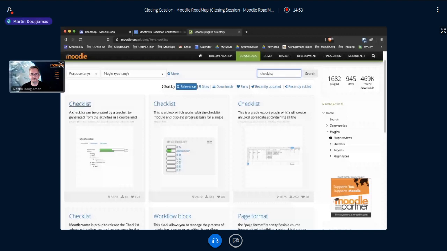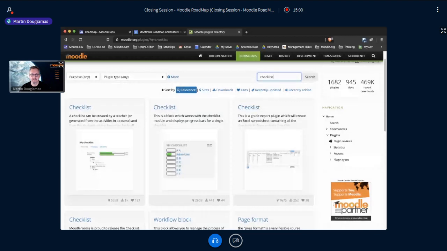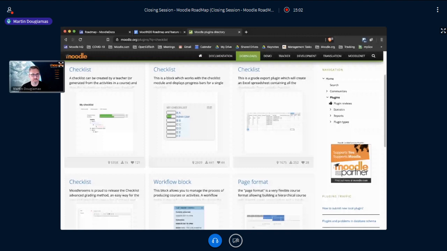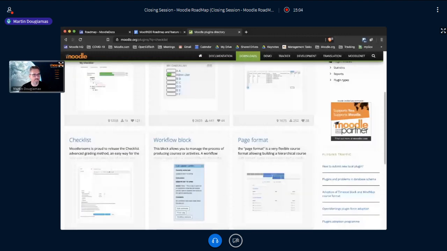So there's the activity, there's a block. Oh, yeah, that's the block. This is the grade export plugin. They should probably have better names. And then there's a grading method as well. Which one did you mean? I need a little bit more info.